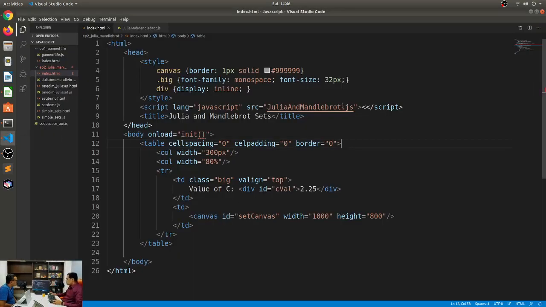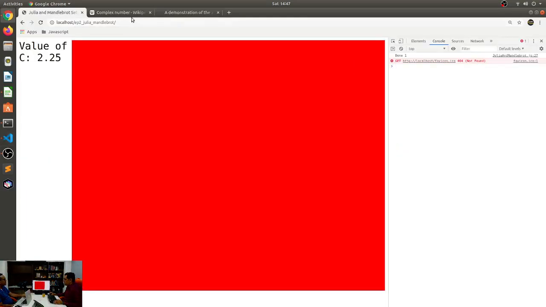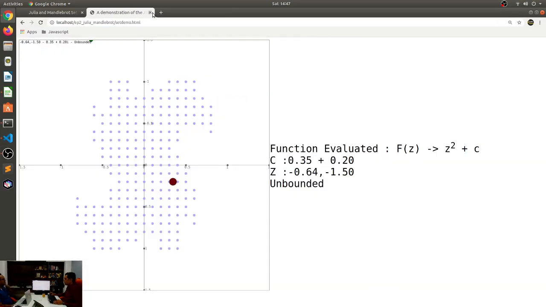So to do this, I already have the HTML page set up. Last week I think we spent a lot of time setting up the HTML itself. It's just the basics, the exact same HTML that you saw the other day. Let me just show you what the HTML page looks like. This is what it looks like right now.